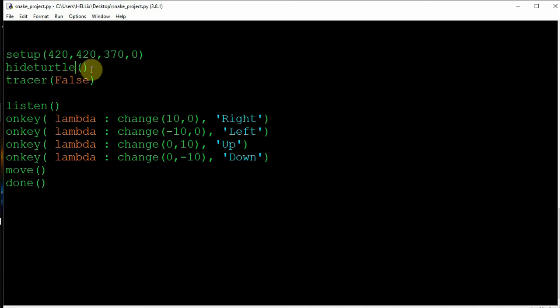I have the turtle. I hide the turtle because if I don't hide it, I'll see the arrow, and I don't want to see the arrow. Then I stop the tracer as well. Then I ask my turtle to listen to my keys, meaning watch what keys I am going to